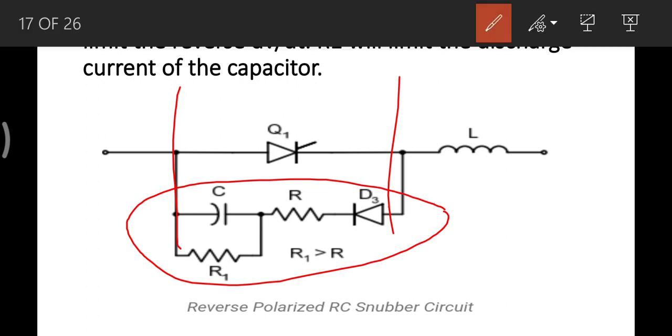That means if there is any sudden rise in voltage in a supply, that rate of rise of voltage can be protected by this. Because of the rate of rise of voltage, the transistor may be damaged. So for that purpose here we are using this snubber circuit. Because of this snubber circuit, this transistor is going to be protected. So here we have to consider one thing: this snubber circuit is used as a protective circuit for the switches, power switches.